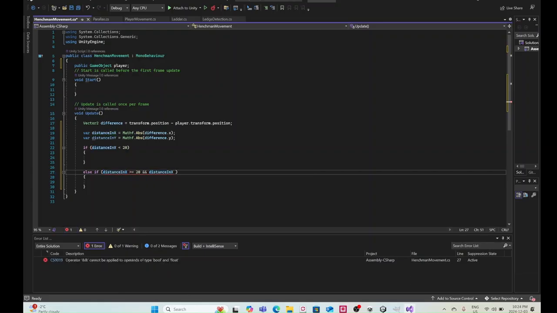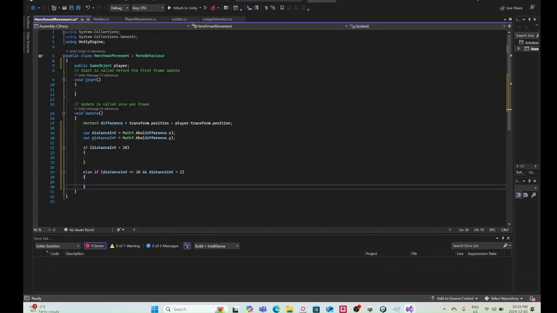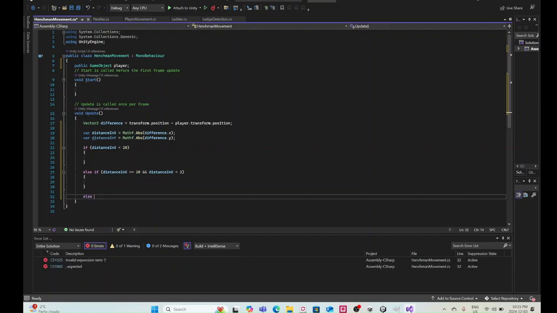I'm also going to do another value where he's really close, but I don't want him touching. So once he's a certain distance to the player, he's going to stop moving. So let's put 2 for now. Else if distance in x is greater or equal to 2,